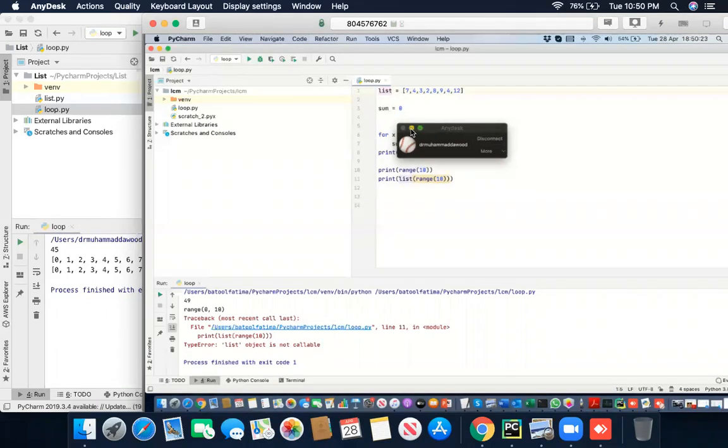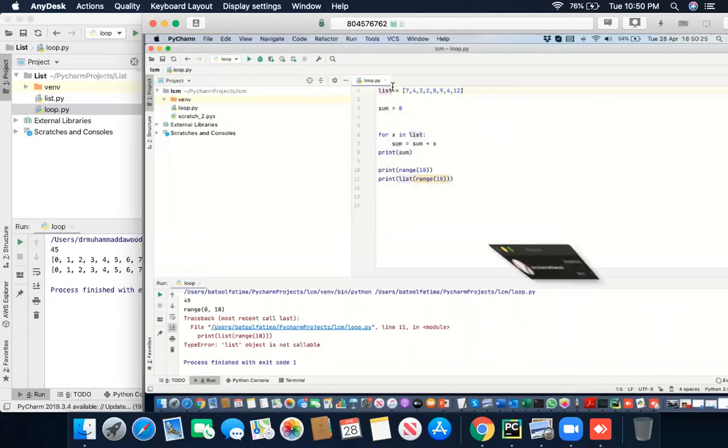Got it? Yeah. What you have to do is just list one here, add one here, and add one here, so you can have the print. You just print this list again. So it will be an easy way. Got it?